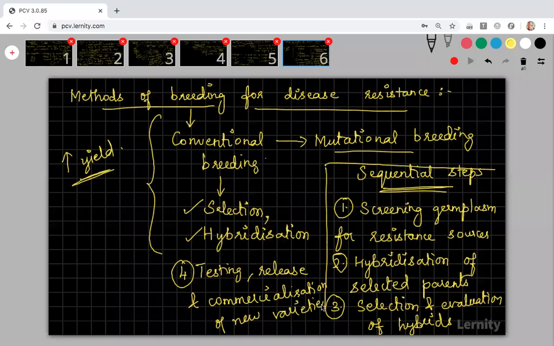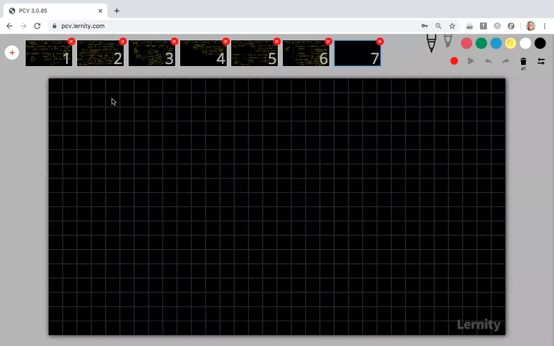So these are the steps we follow in the plant breeding program. For making plants resistant against diseases, again the same five steps, but in the first step you have to screen the germplasm based on the resistance character. That alone changes in the sequential steps; the other things are the same. Now I will give you some examples of plant varieties developed for resistance against disease. For high yielding varieties, I gave you four examples, wheat, rice, sugarcane and millets. Similarly for disease resistance I will give you some examples.